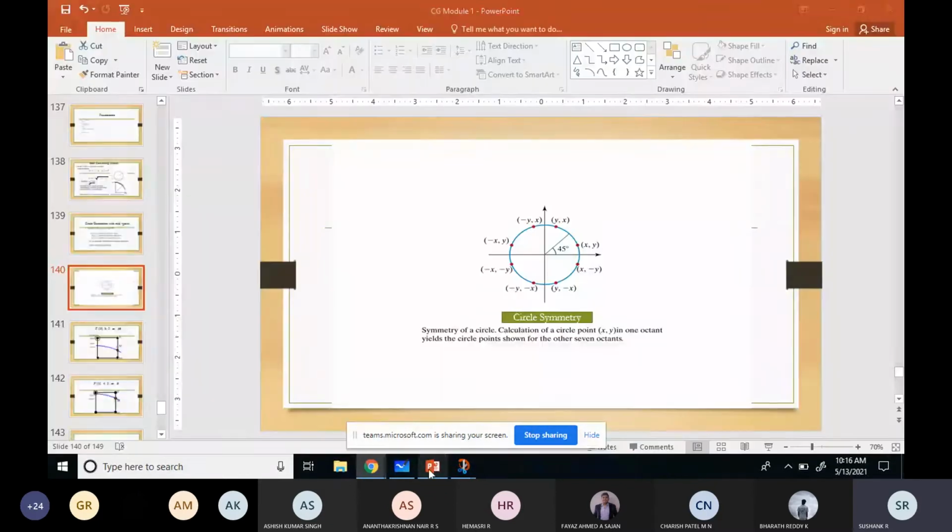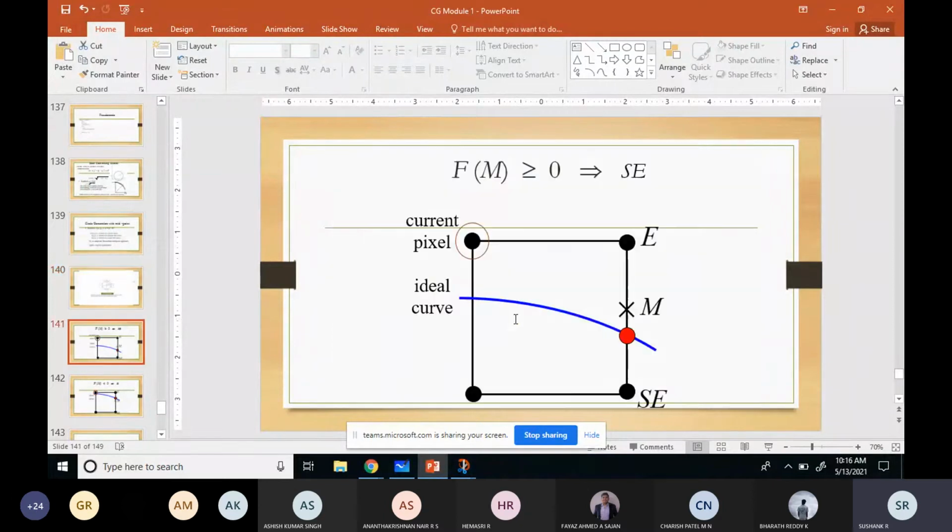After this I told you how we are generating the points. Calculate the points in one octant, repeat it for the remaining 7 octants. Now the same concept which we have seen in the Bresenham line generation algorithm applies. So there is a curve. Now what we will do is check here,